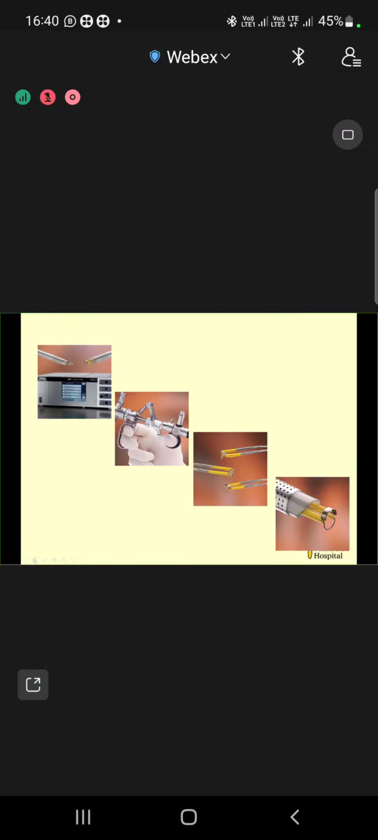When you do transcervical resection of endometrium, before you start resecting, you have to visualize the entire utero-cervical canal. See both the ostia and